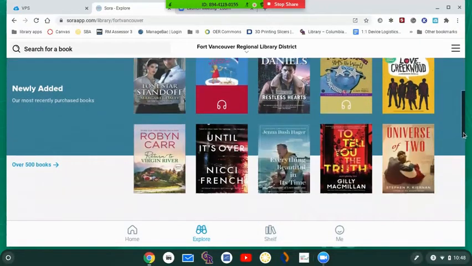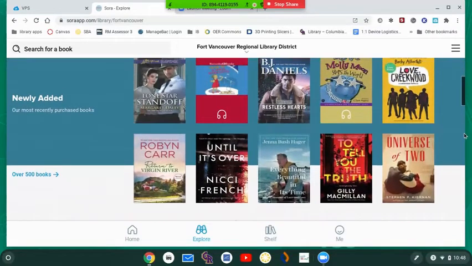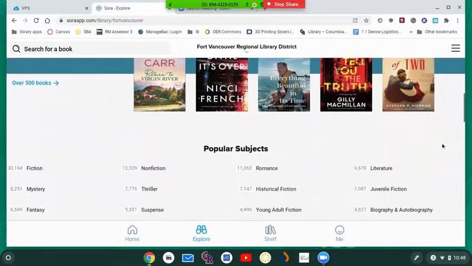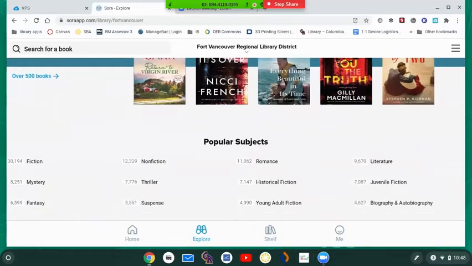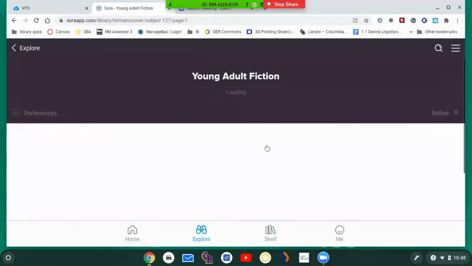Let's see what happens when I try to check out a book. You'll notice when you see the books that show up that this includes adult content as well as children's content and young adult content. So it's really your discretion to choose the book that's the right fit for you. And you might want to check with your teacher to make sure you've chosen a book that fits a particular assignment. But when I scroll down, I can see that for young adult fiction, there are several thousand titles, and